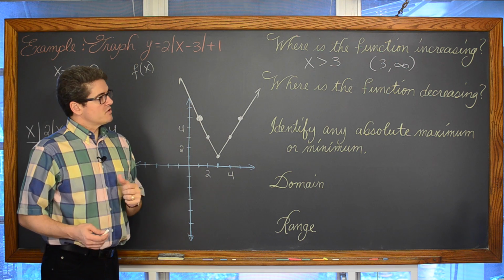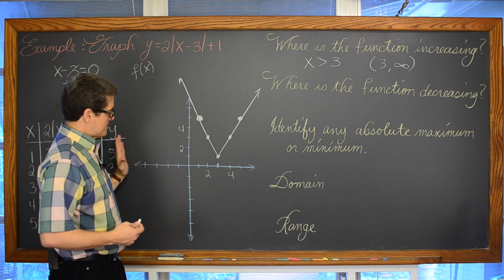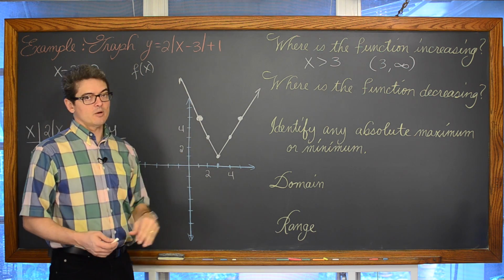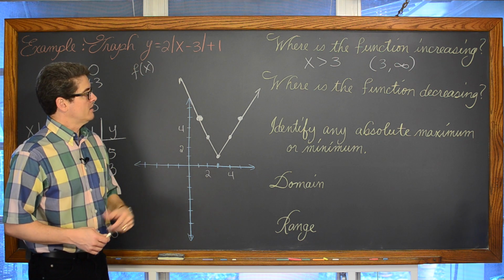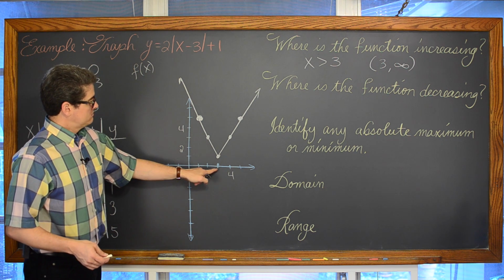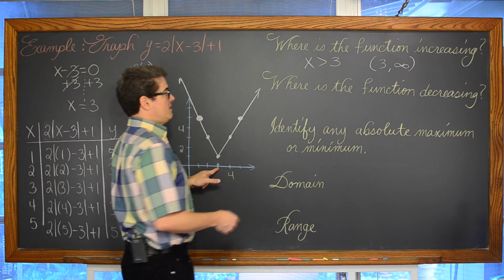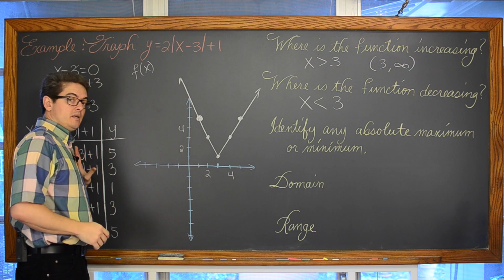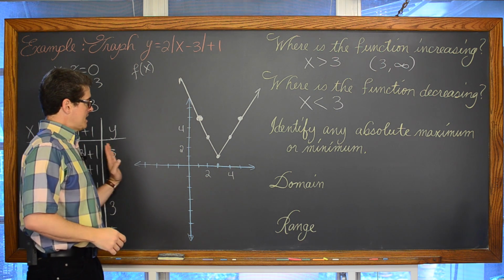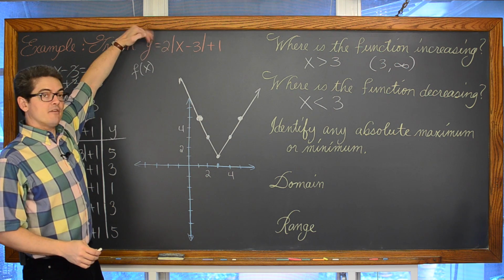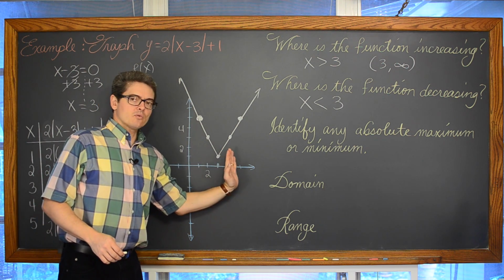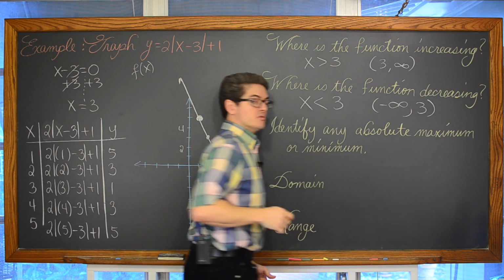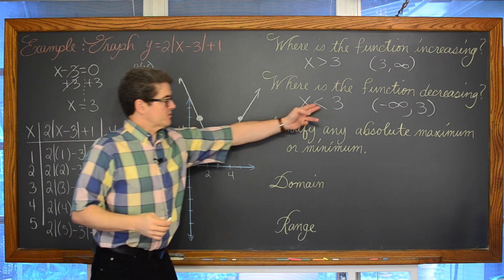Where's the function decreasing? Where, as x increases, are the y values decreasing, or where the independent variable increases, the dependent variable decreases or goes down to the right. And that's going to be the interval where, well, there's only one sharp bend, so it's going to be decreasing where x is less than 3, or from negative infinity, all the way on the left side of the number line, because this is going to go up and to the left forever, or come down to the right forever, from negative infinity to 3. Again, if your book is using interval notation as opposed to inequality notation.